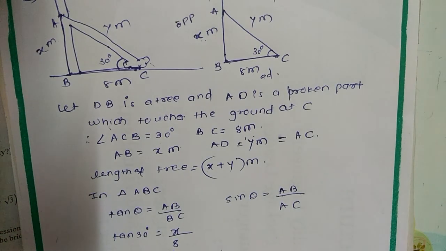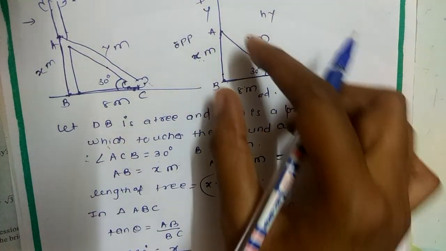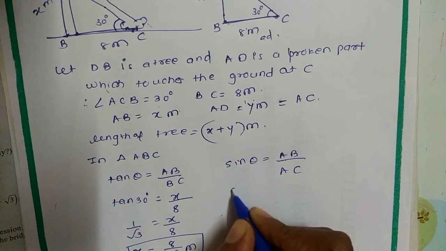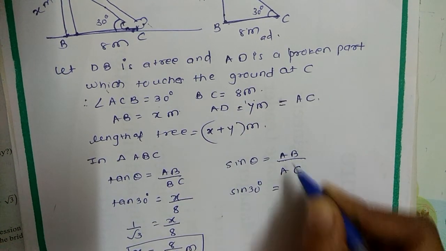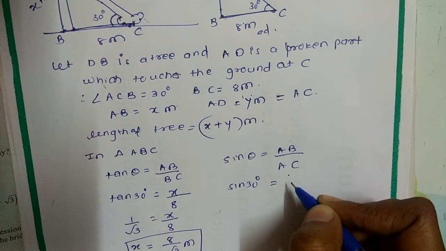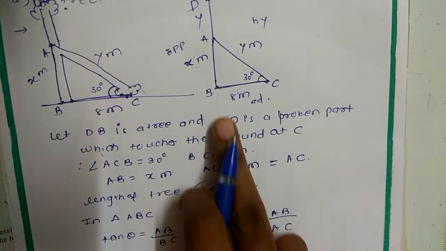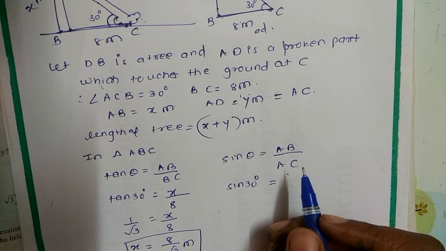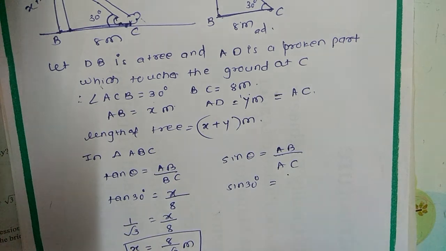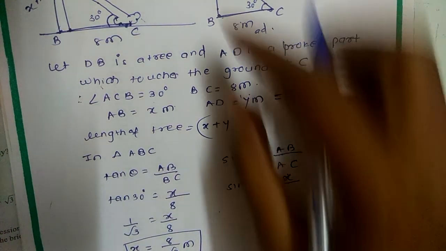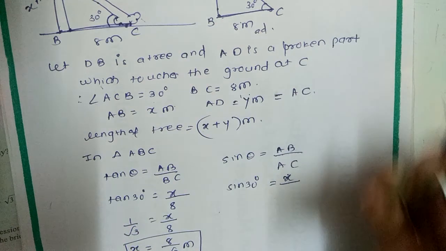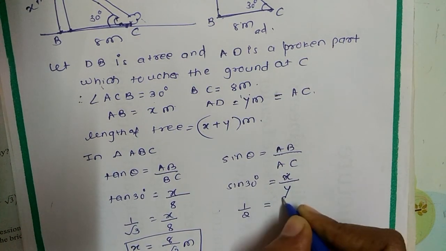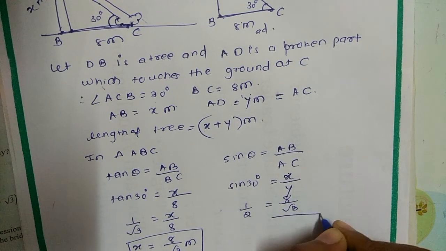Remember, you have to take the trigonometric ratio where we have the one known side, which we write, and the unknown side we have to find out. So sine 30 degrees equals AB, which we know is X meter. So we know the value of X, and you can put the values here. We'll write AB as X first so that there will be no confusion. And AC is our Y. So sine 30 is 1 upon 2, and X is 8 upon root 3, divided by Y.